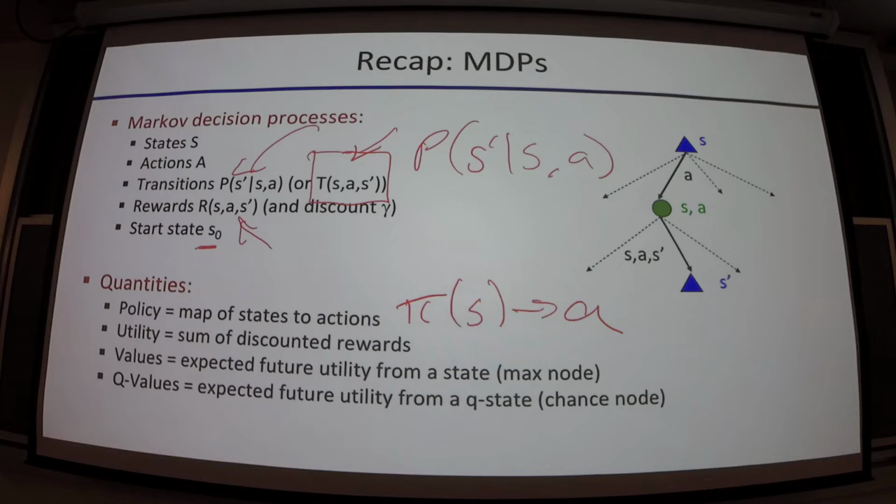Okay. All right. So we also have this notion of utility, right? This is the sum of discounted rewards. We have values, right? These are the expected future utility from some state, right? And then we have this notion of Q values, which are coming from Q states here, right? Which is the expected future utility from a Q state. And if we look at this abstraction here,